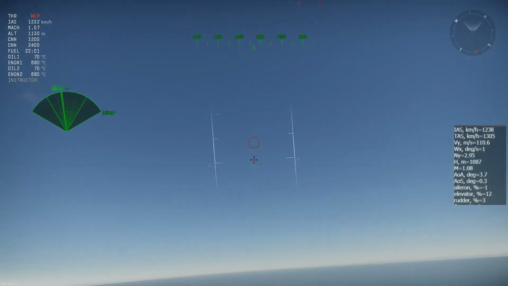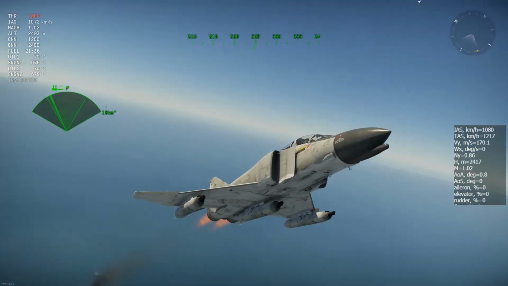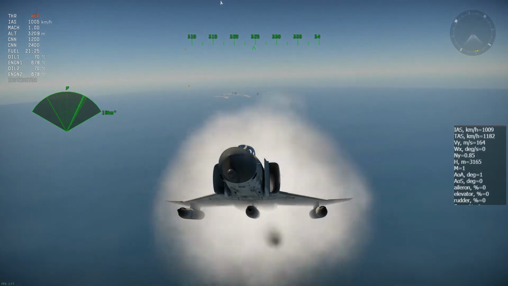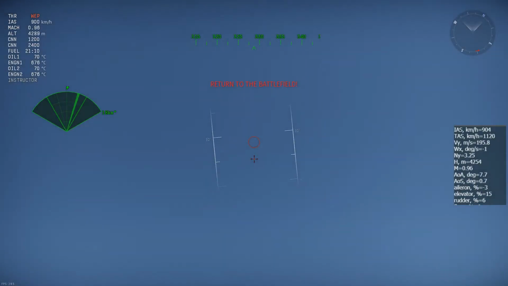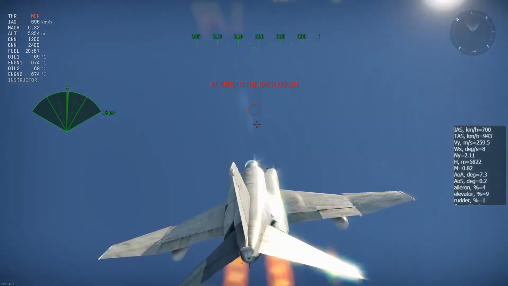I'm going to climb pretty steep because I have a feeling we're going to reach the edge of the map fairly quick. And I want to get as much height as we can before that happens. And here's part of it. So I'm going to do a full 90 degrees here just so that we can gain the most altitude during this